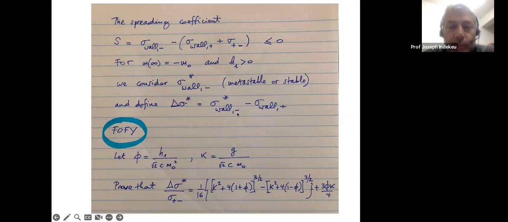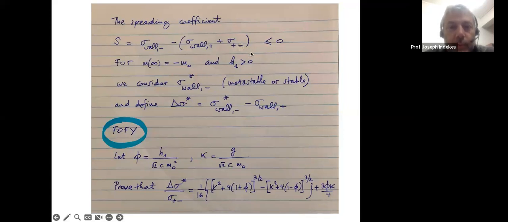However, if we impose the minus phase in bulk, then this surface free energy could correspond to a stable or a metastable state. Now, the upshot of this homework is to calculate for arbitrary values of the surface field and the surface enhancement this quantity delta sigma star in proportion to the sigma plus minus. Okay, so because of the spreading coefficient